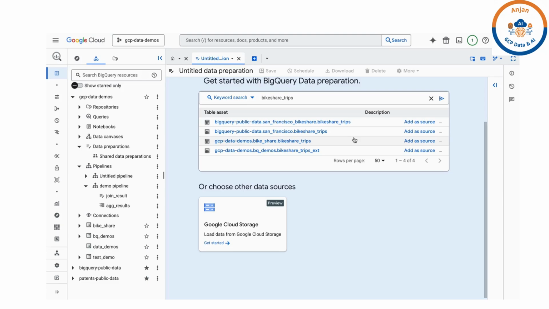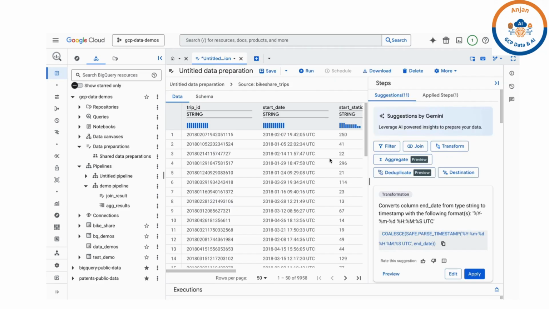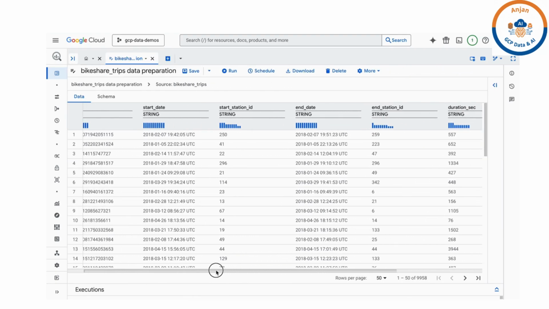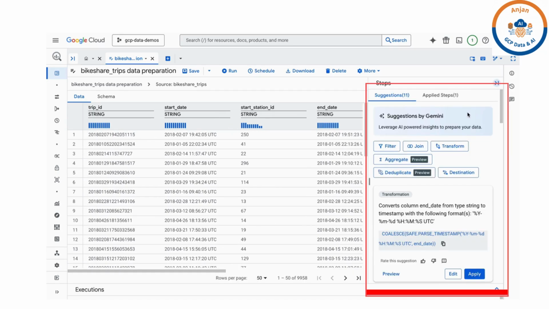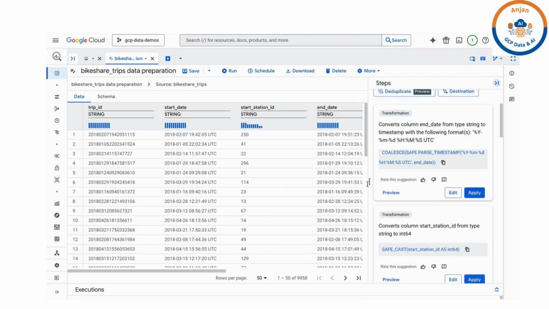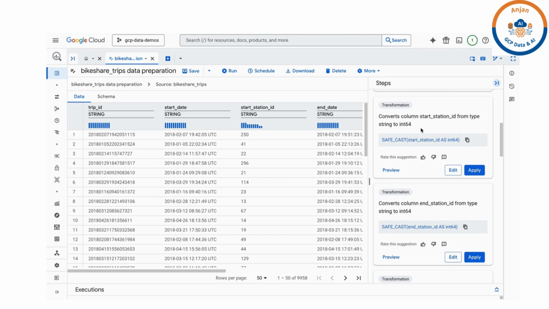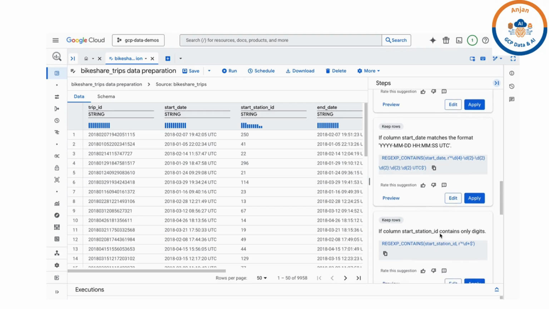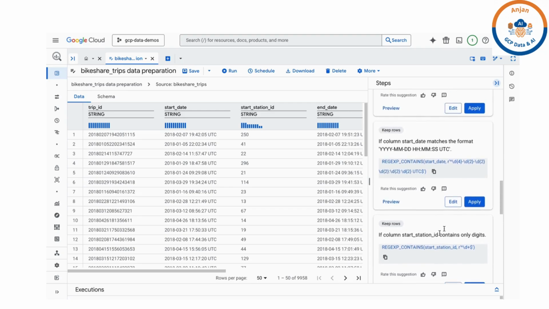For our demo, we will use a BigQuery table. Select the required table from the list displayed here and click the Add Source option. Now we can see a data prep step has been added. We can see all the rows along with the column names displayed here. Now let's examine its prep visual interface. We can see all the pre-built transformations available here, and AI suggestions are appearing, which are powered by Gemini. That's why we can see some suggestions for possible transformations that can be applied on respective columns on top of our source data. If you want, we can accept any of these suggestions if that is in line with our requirement.